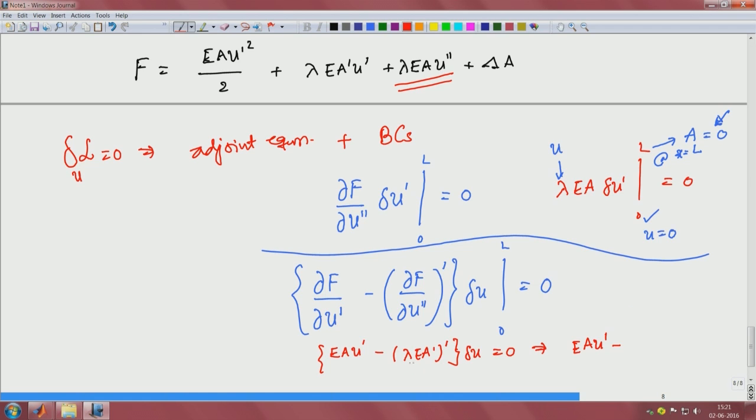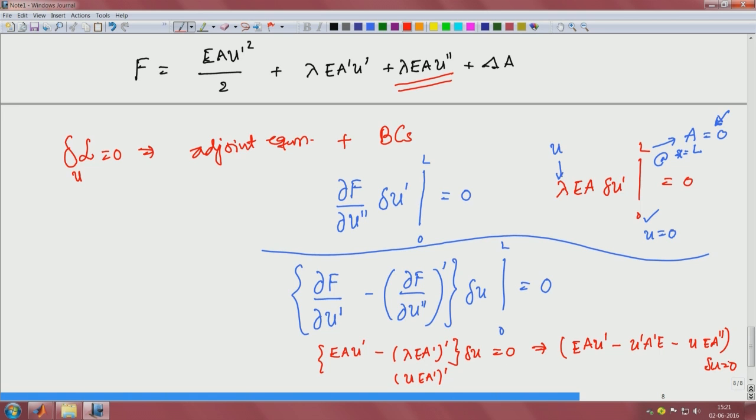So this particular thing is E A prime and then prime, we will take the derivative. So I will have U prime A prime E minus U E A double prime, okay, this whole thing into delta U equal to 0. Now we have this is A prime, anything gets cancelled, E A U prime A prime E, they do not get cancelled, but